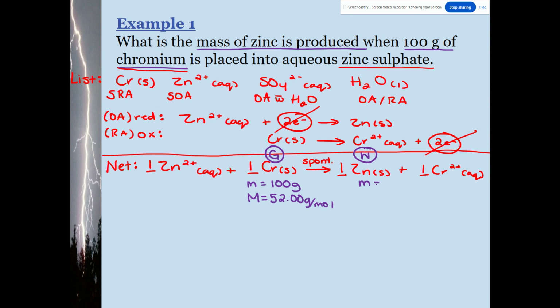Zinc's mass we're going to look for, so we're also going to write down its molar mass while we're there. 65.41 grams per mole. Remember, if there were balancing coefficients other than 1, that would not affect your molar mass. I'm going to put a little line here to separate these two, just to help me for organizational purposes. So my next step is to find the moles of my given. I'm going to find that with mass over molar mass. So I take my 100 grams, I divide by my